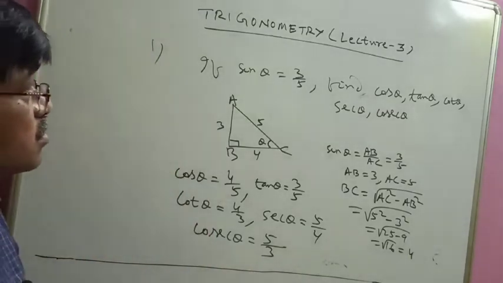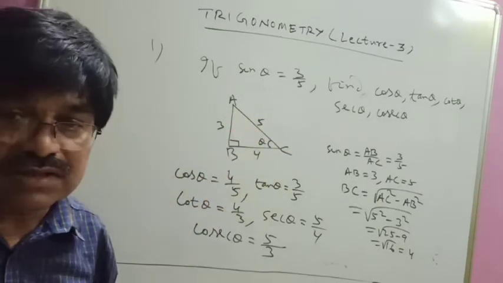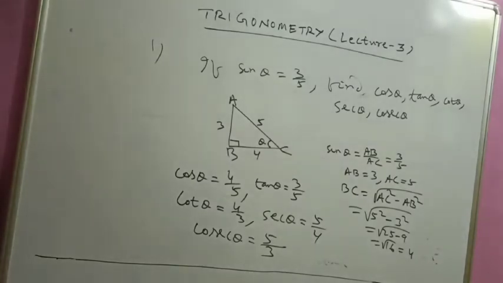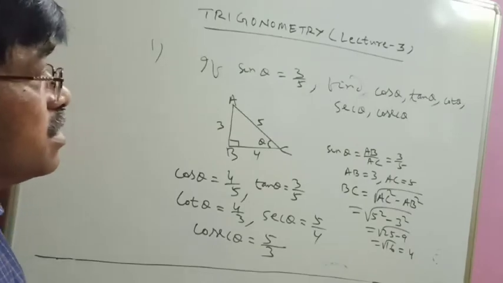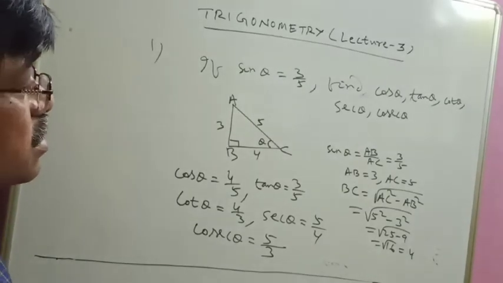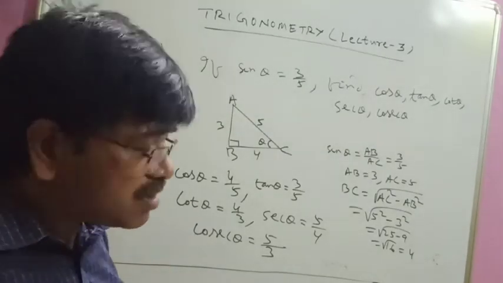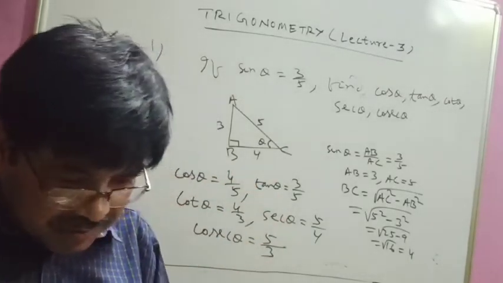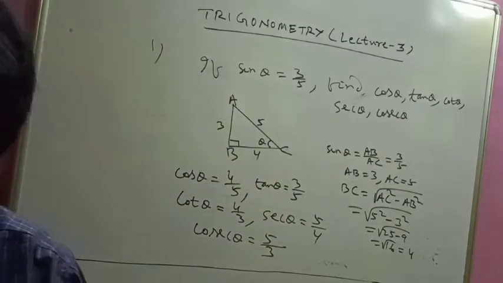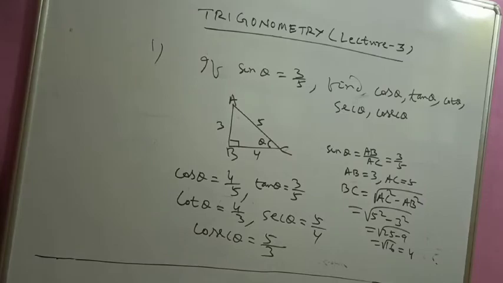You can also find by other methods. So cos theta is root of 1 minus sin square theta, the formula is there. And after getting sin theta and cos theta, tan theta is sin theta by cos theta, cot theta is cos theta by sin theta, sec is 1 by cos, cosec is 1 by sin. In that formula also you can do. But this one is more comfortable, remember. So if one trigonometry ratio is given and you need other trigonometry ratios, this is the best technique.